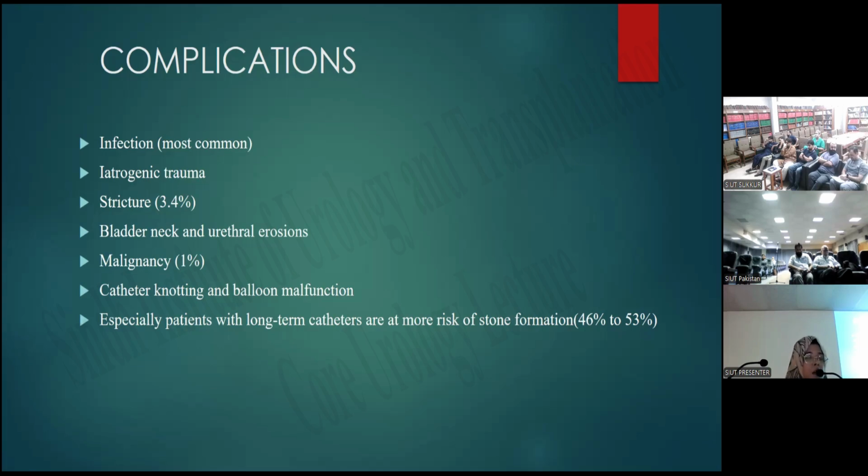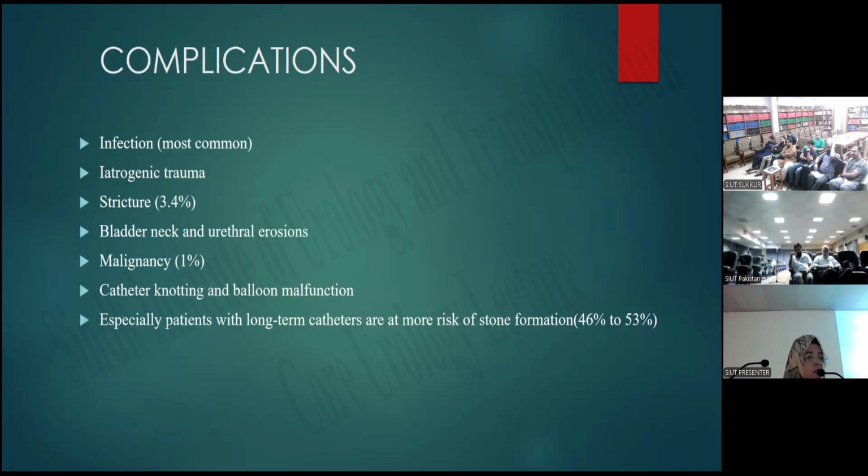And basically it's usually squamous cell carcinoma, and we are still working out how to do the surveillance in the patients in whom we are suspecting malignancy with prolonged catheterization. Some say that after 8 years of prolonged catheterization, yearly surveillance cystoscopy should be done. But not much data has been collected about it.